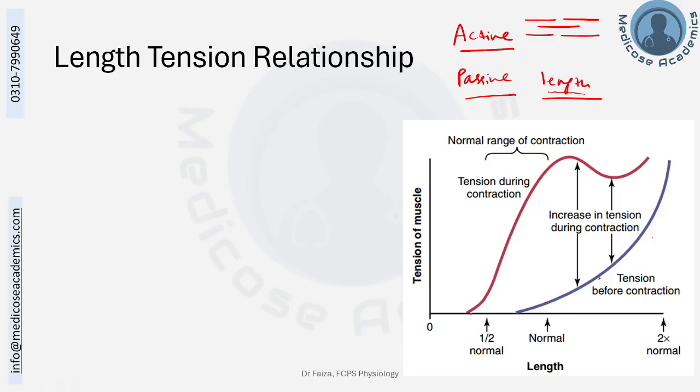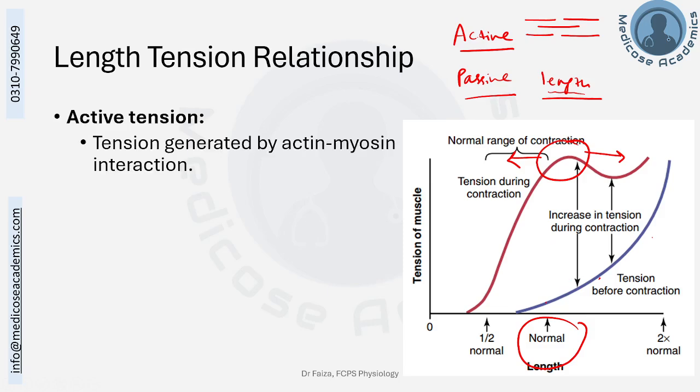When you start contracting the skeletal muscle fiber at different lengths, it will develop active contraction and active tension, and that will vary again with its length. And this is at its peak at the normal or optimum length. This is again decreasing at overstretching or over contracting. Maximum total tension is again at its peak at normal, resting length or optimal length.